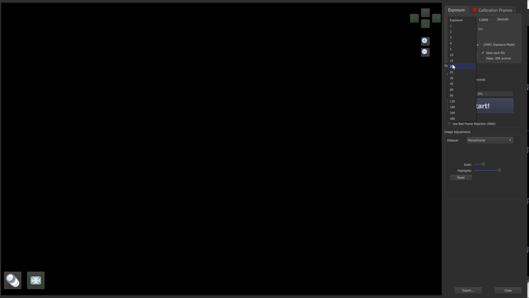So if I click on that, you see there's some presets. There's 10 seconds, there's 60 seconds. If I wanted something that's not there, I could just simply go there, type in 75 seconds if that's what I wanted. Now I would recommend usually starting with a short exposure, and the reason for that is the short